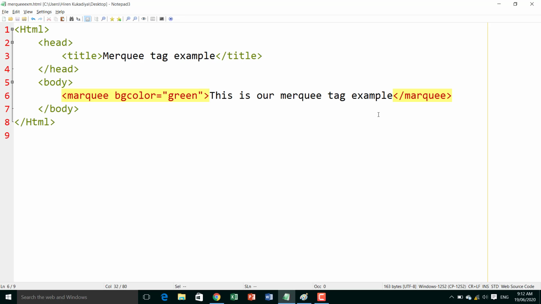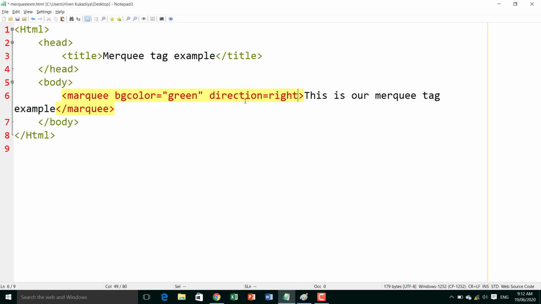Now the direction. Suppose this direction is from the right side to the left side, but we want it from the left side to the right side. Then here we write direction equals, suppose right. Right means from left to right, and left means right to left. Which direction do you want?